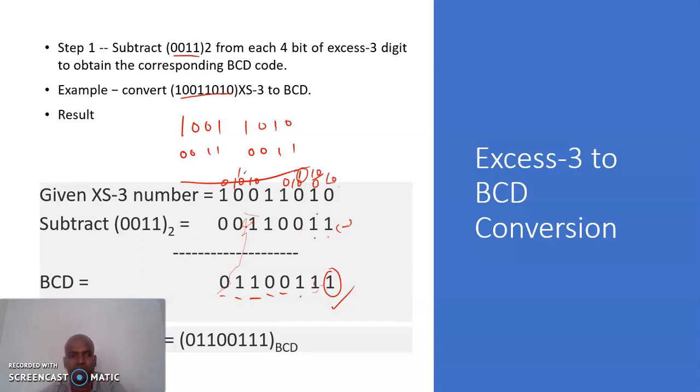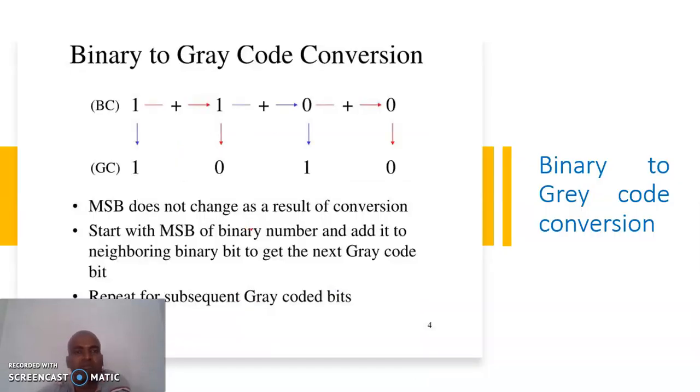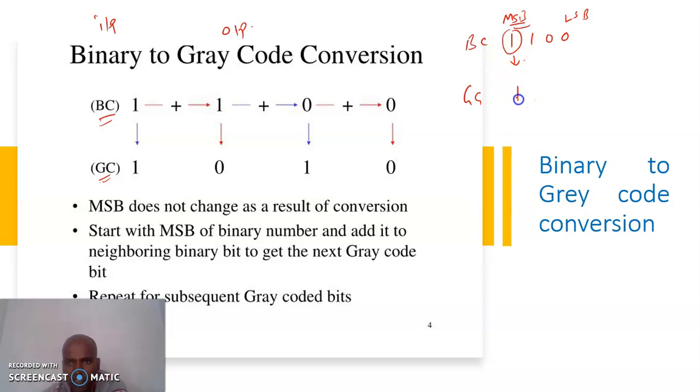Okay, right. And binary to gray code conversion. So here a certain procedure will be there. See, the first given number is binary code, and the result is a gray code. That is, binary is the input and gray code is the output. See, they have given the number as 1100. So step number 1, do not change the MSB value. This is the LSB and this is the MSB. So step number 1, this is the binary value and this is the gray code. In gray code, do not change this first bit, that is the MSB bit. So write the same value.